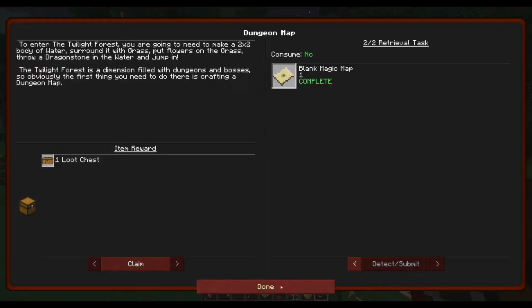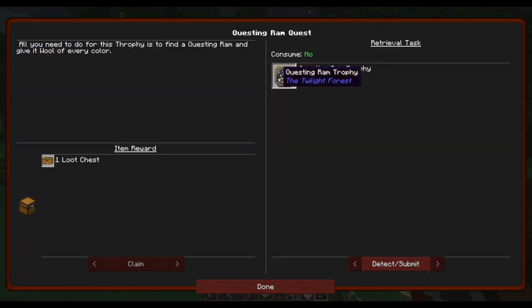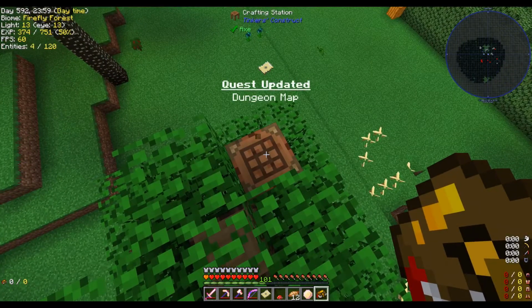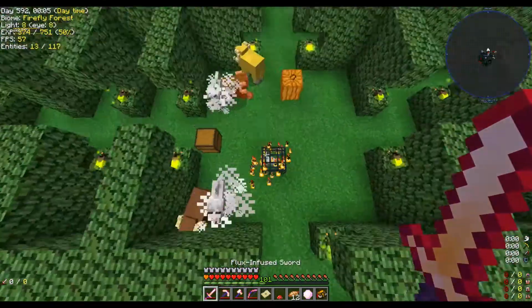Alright, now let's see where we need to go. So now we need to find a Naga. So that guy's a boss. And then the questing ram quest. Find a questing ram and give it wool of every color. Alright, which isn't really a hard thing because